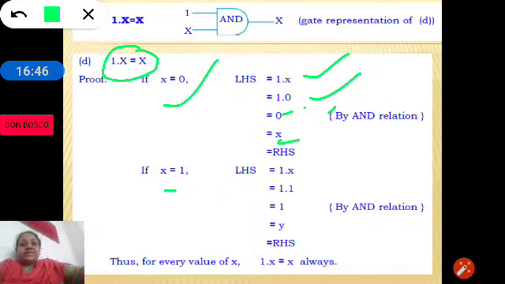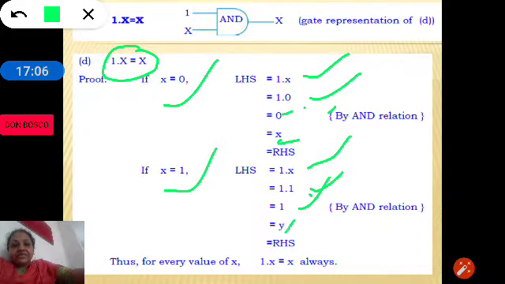Let us see x is equal to 1. Now let us substitute the x value with 1. So instead of x we are writing 1. 1 ANDed with 1 is 1 again. So we can say that it is the same value as x.